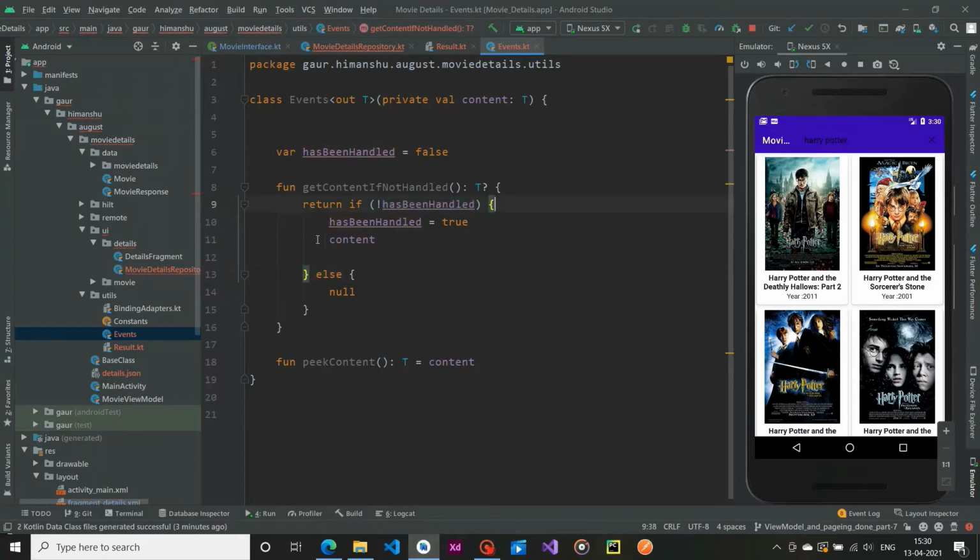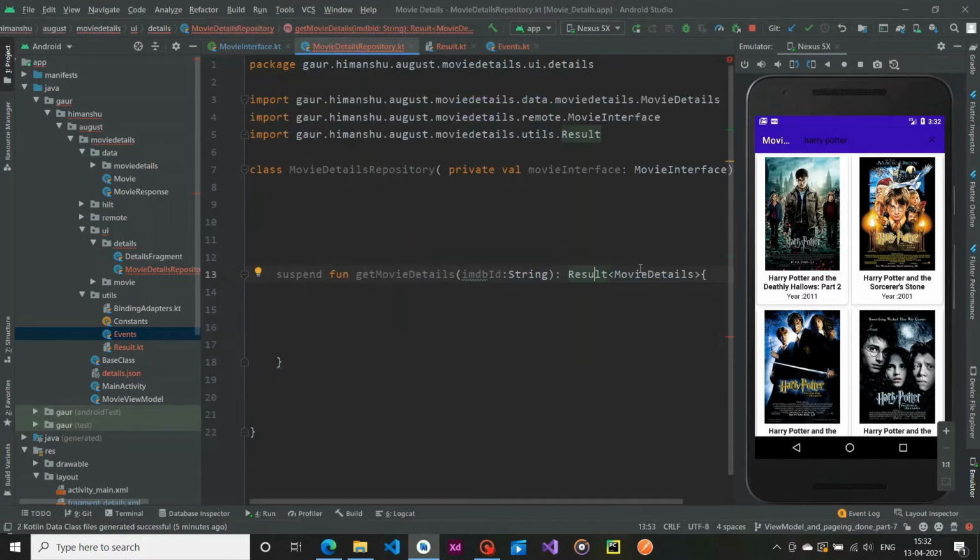So within this if block, we first change has been handled to true and return our content. Now suppose we want to use get content if not handled again. In that case our has been handled is true, so this whole condition is false, and since it is false, it does not go to this block, it will jump to the else and return null. This is all for our event and result.